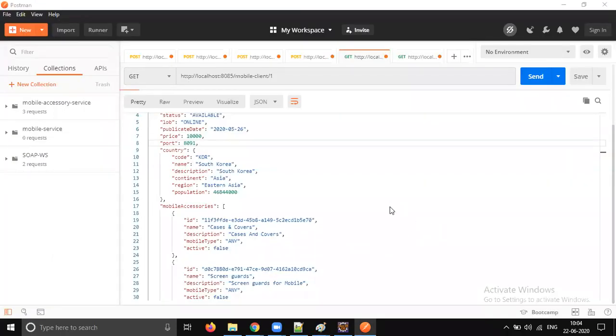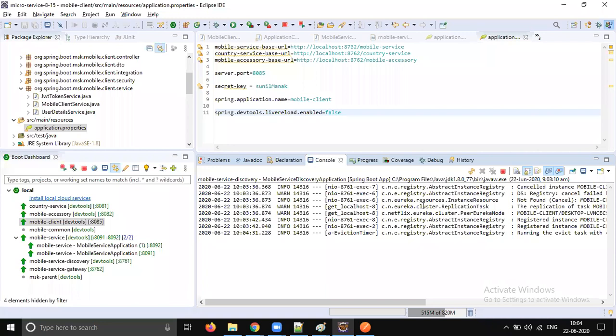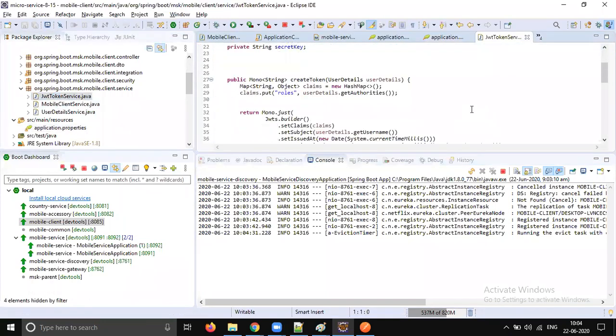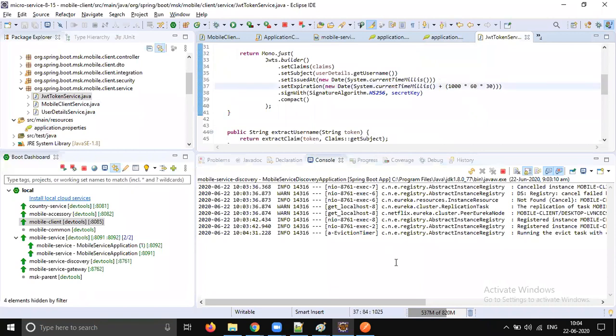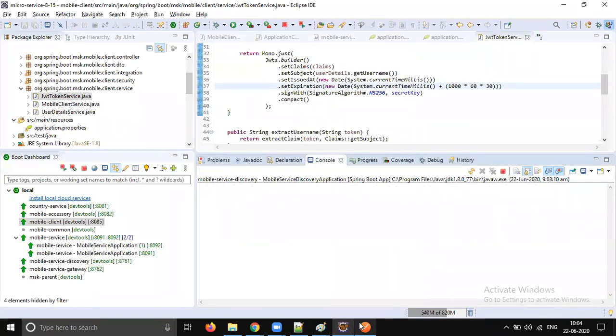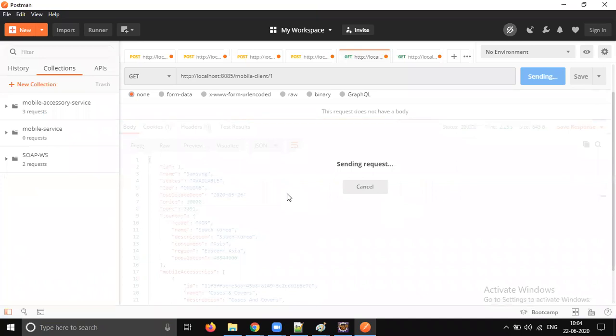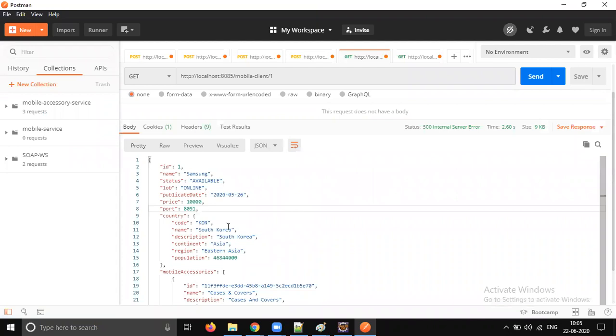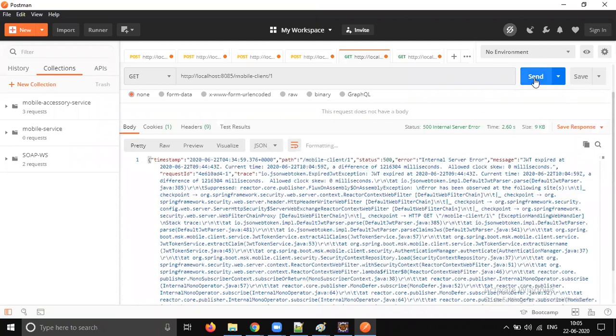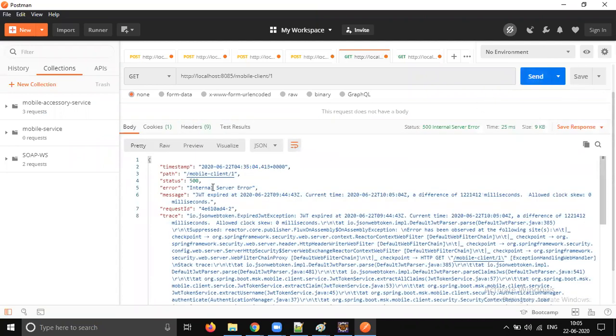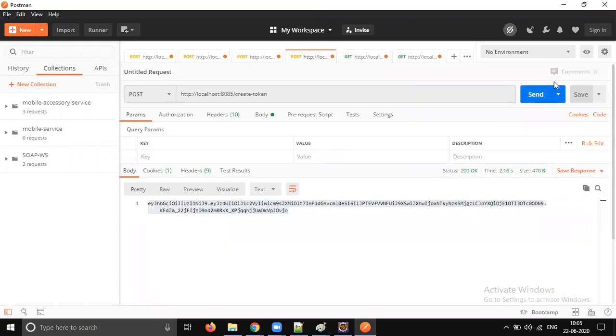I think the token will be alive for the next 30 minutes, right? I believe that is the time we gave. Though I don't think it's actually been 30 minutes, let's try it out. If the token is invalid, let's create a fresh token and use it. Send the request. If the token is invalid, we'll get an exception. Yes, you see 8091 is giving the response. Token expired. Let's create a fresh token.